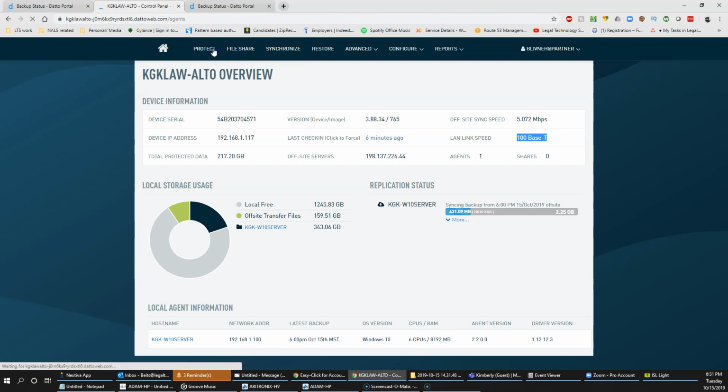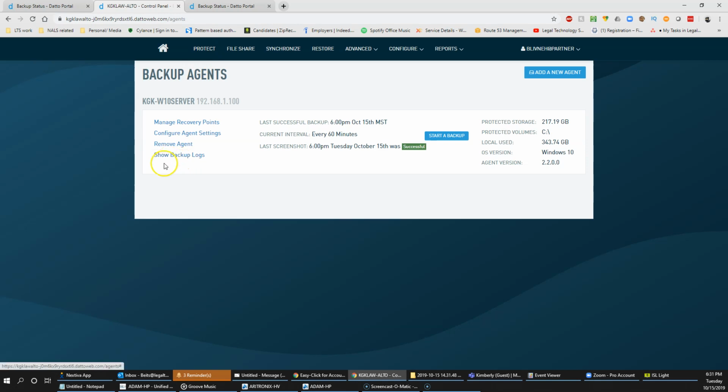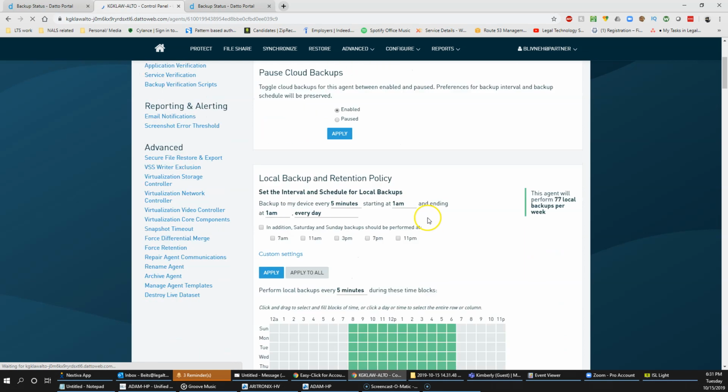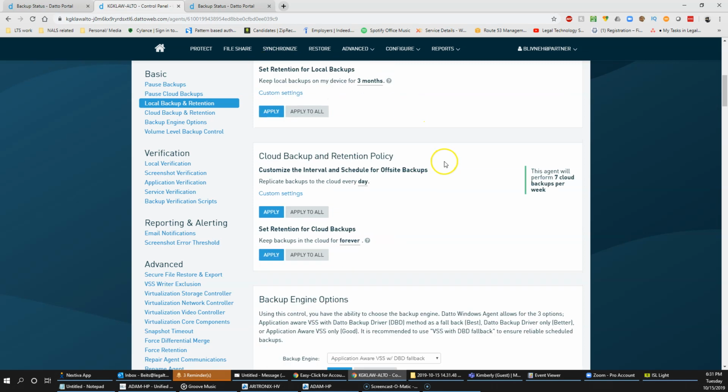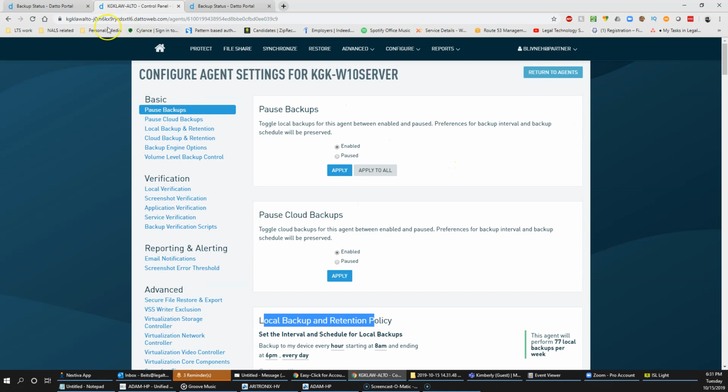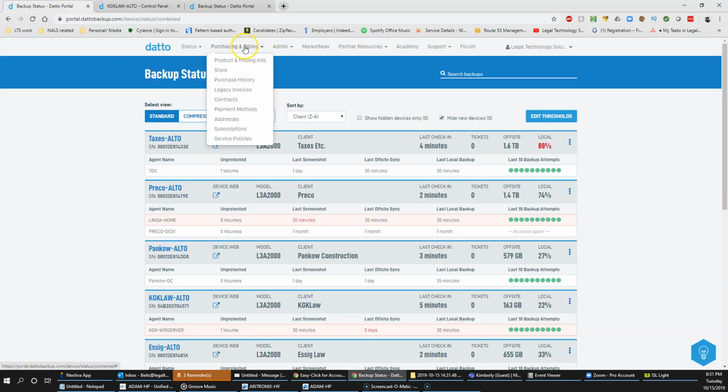So under the Protect, this is the main backup window. We have the recovery points we can manage from here. We can start a backup manually right now. And configure agent settings is where we want to go to change all these settings: how often to back up, the retention for the cloud, local retention policy. And what you need to know is with DATTO, I'll show you here real quick. If we go to purchasing and billing and we go to the product and billing and pricing info,